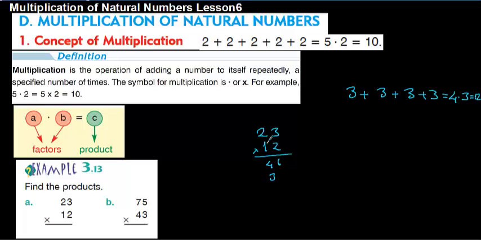Again, I'm repeating, I write the second part one place left of the first number, and 1 times 2 is equal to 2. When you add them, we are adding downward. There is no number here to add with 6, so the result is 6. 4 and 3 is equal to 7. 2 has no number above, so it is 2. So the answer of 23 times 12 is